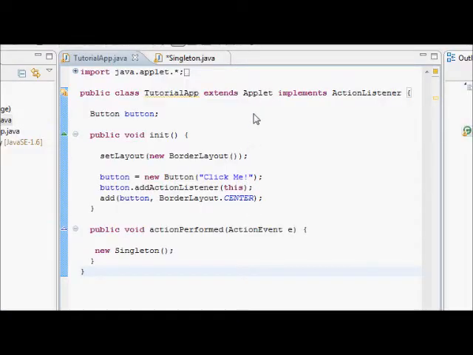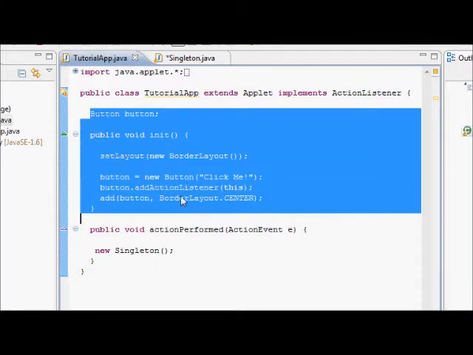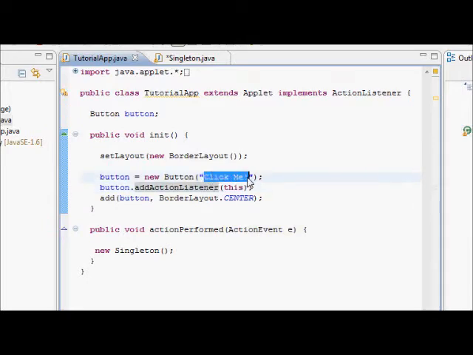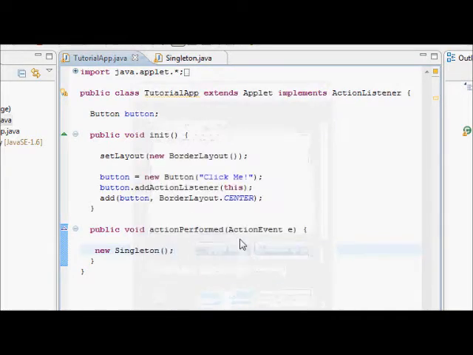Here is some Java code that I have created which contains a button. Here's the code for the button, which when clicked says click me. It will open the properties for the singleton, which is an action event, and the singleton contains properties for an empty box. So when running the program,